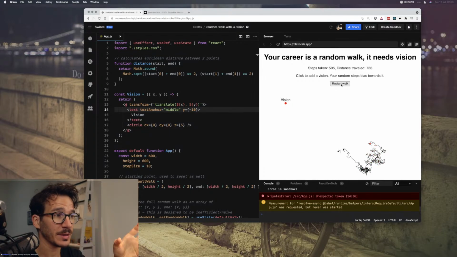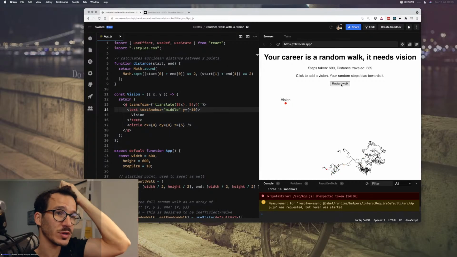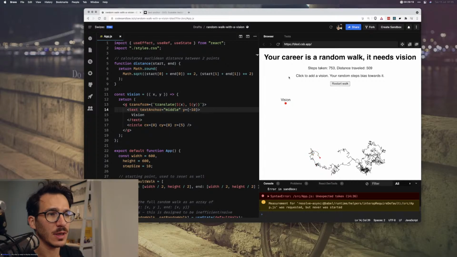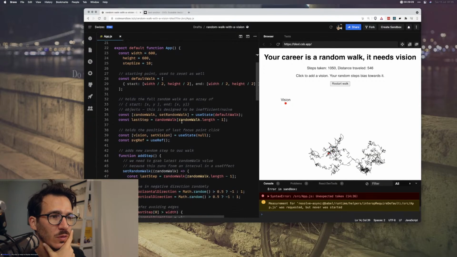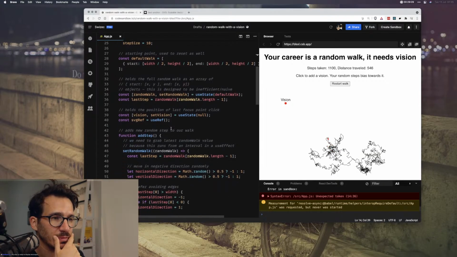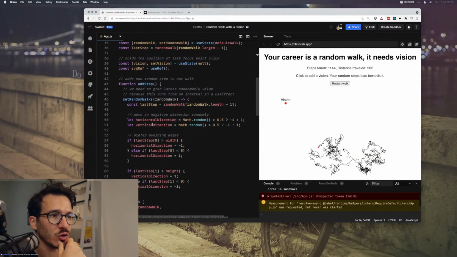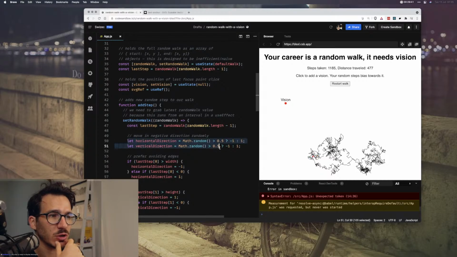Now what we need next is for that random walk to actually be biased towards the vision. How the hell do we do that? So here's where we choose the horizontal direction.